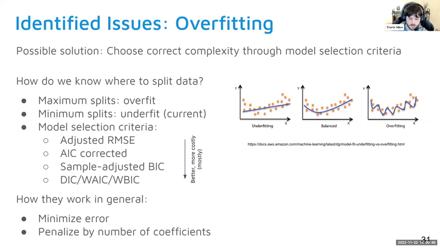Now, one of the actual ways to go about dealing with this would be an adjusted RMSE, for the root mean squared errors of the residuals. You can then penalize those based upon the number of coefficients that are going into your model. And we can basically just say, okay, well, each split is going to represent X number of degrees of freedom. And then we just add those degrees of freedom to the number of coefficients, and the model is penalized.